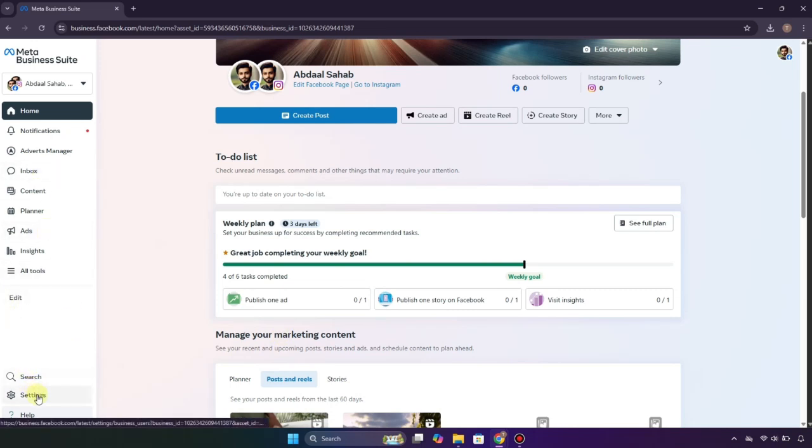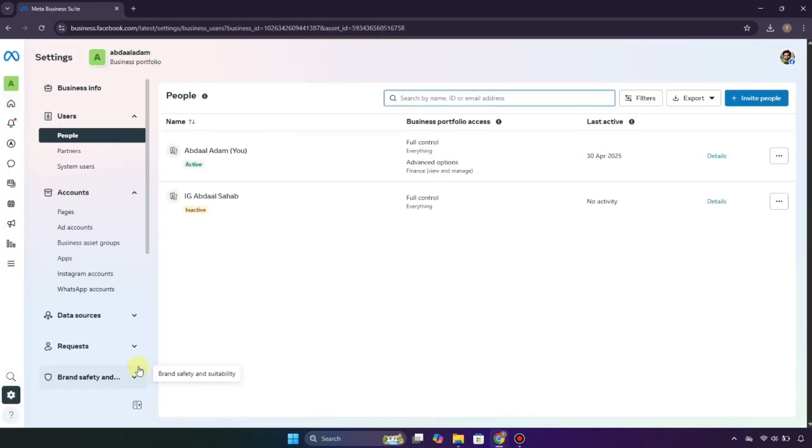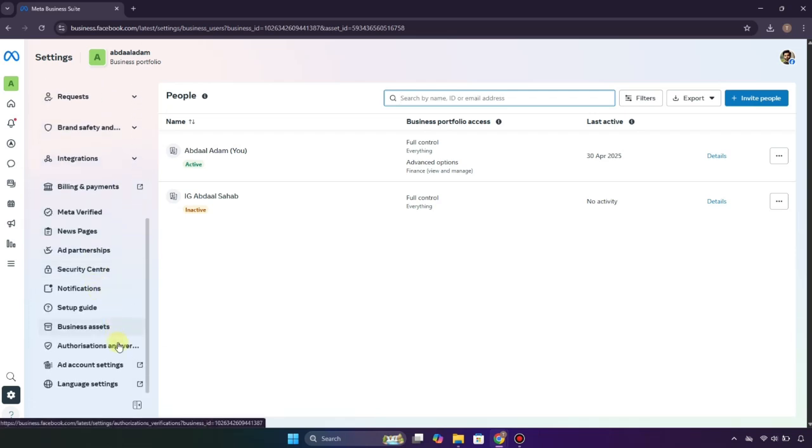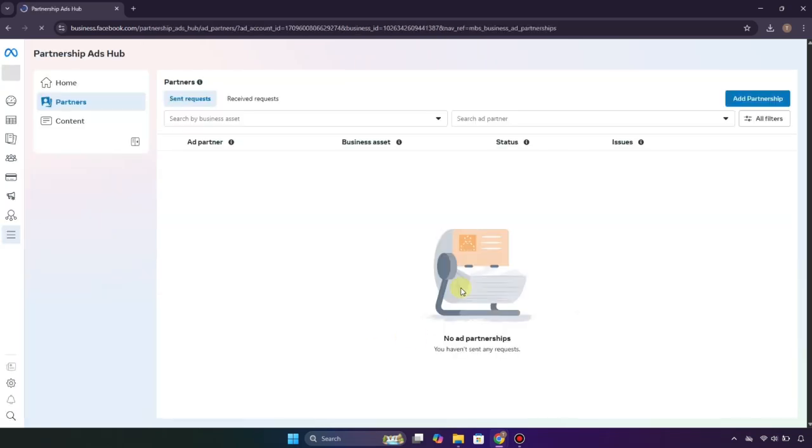Once you click on it, the settings will open and it will show more options. Now on the left side we have options, and there we have this option which is add partnership. So simply click onto this option. Once you tap onto this option, it